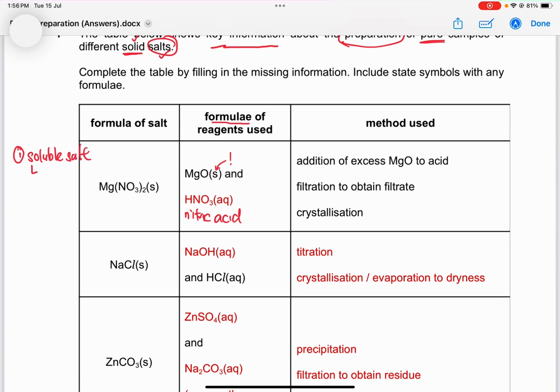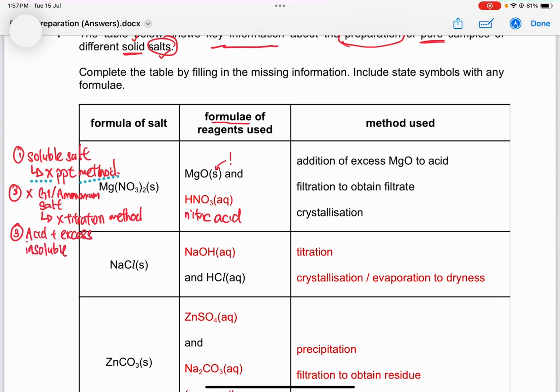Because it's a soluble salt, I cannot use the precipitation method. Second thing, I realize this magnesium nitrate is not a group 1 or ammonium salt. Because it's not a group 1 or ammonium salt, I cannot use the titration method. So because of these two, I'm only left with the third method, which is acid plus excess